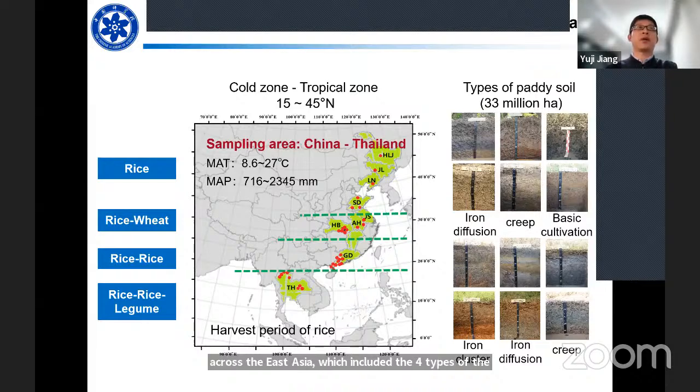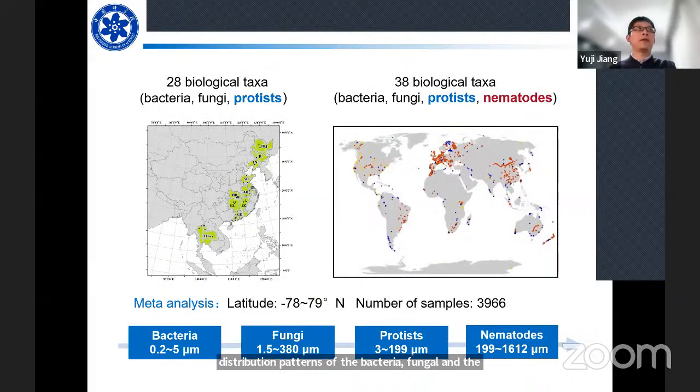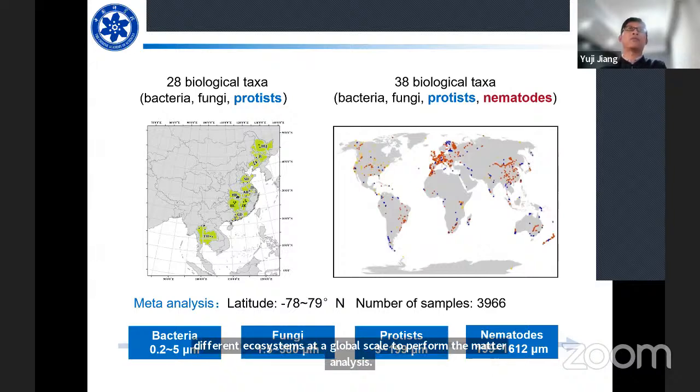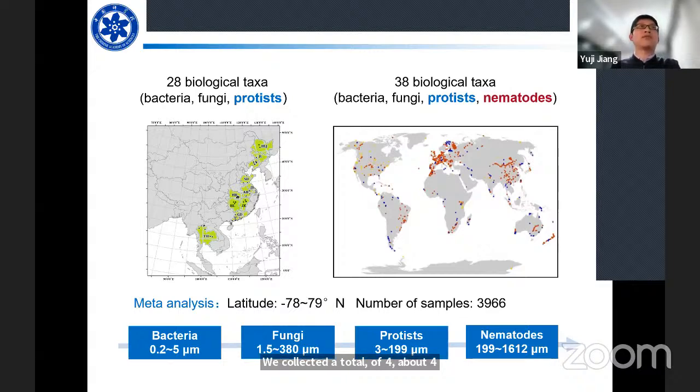The history of rice cultivation is more than 30 years. Under this condition, we studied the spatial distribution patterns of the bacteria, fungal, and protist diversity in the rice ecosystem. Second, we combined the rice ecosystem with other different ecosystems at a global scale to perform the meta-analysis. We collected a total of about 4,000 sample data sets covering the different ecosystems and extending the group of the